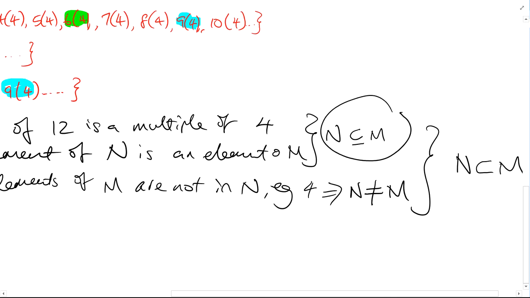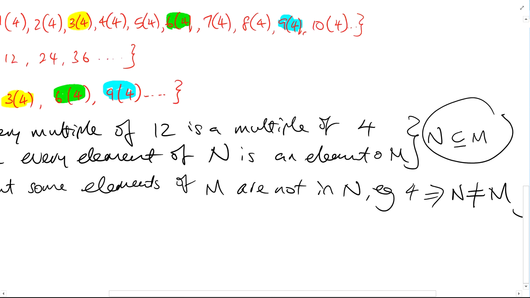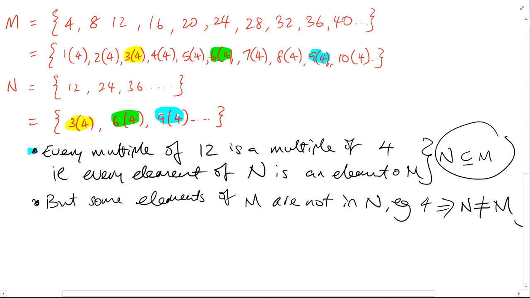You mean this one? Why did I write this? I wrote this because all the elements of n, all these, they are found inside here. Since all the elements are inside m, that means it is a subset. See, there are two possible cases. Everything found inside, so it must be a subset. Since it is a subset, it could be a proper subset, it could be equal. Right? Then the next step is to prove that they are not equal